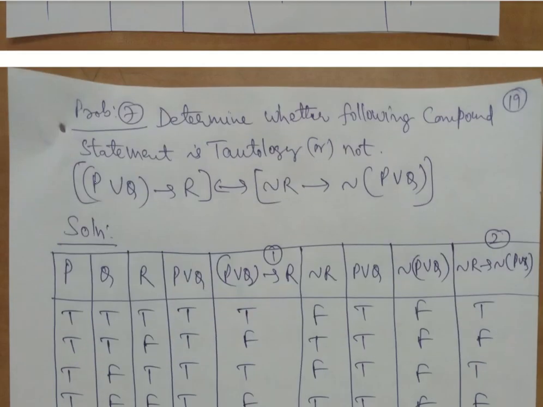Earlier they asked for a tautology, and in fact if a problem says it is a tautology, it is easy for you to check whether you have written a proper answer. If it is a 5 marks question, you should be getting full 5 marks, because they are telling it is a tautology and you are getting all T's, then there is no debate on that. So your answer is perfect. But here in the question they are asking, is it a tautology or not? So now we have to conclude.